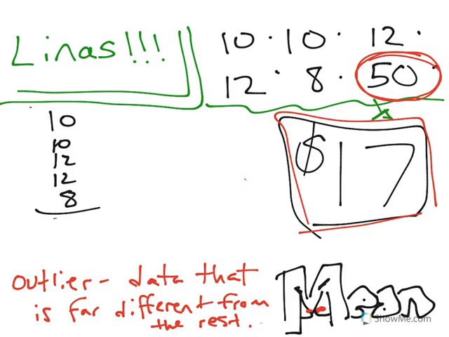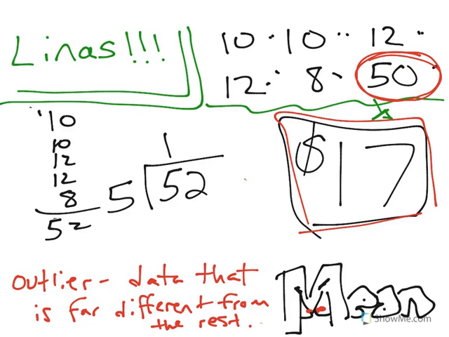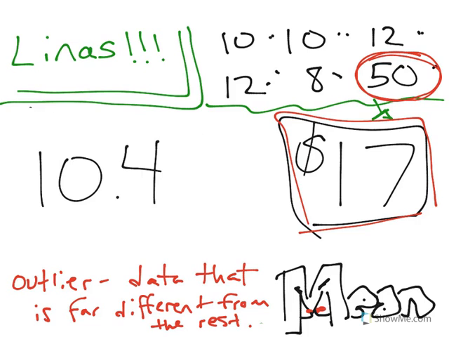52. And then it's 52, and there are 1, 2, 3, 4, 5, only 5 numbers this time, so I'm going to divide it by 5. 5 goes into 5 once, which is 5. 0, drop a 2. It does not go into 2. Now here's where my decimal will be, so I'm going to carry it up. And then I'm going to drop this 0, and it's 20. 5 goes into 20 4 times. So in this case, I would get 10.4, which when it comes to money means